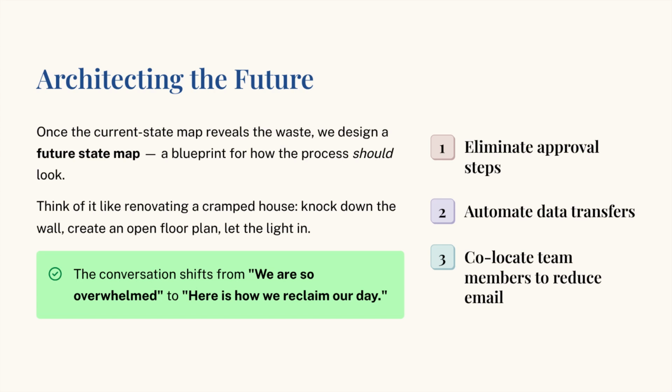In our process map, we ask, what if we eliminated this approval step? What if we automated this data transfer so nobody has to type it manually? What if we moved these 2 team members to sit next to each other so they can talk instead of emailing? The future state map is your blueprint for change. It is not about changing everything overnight. It is about knowing exactly which walls to knock